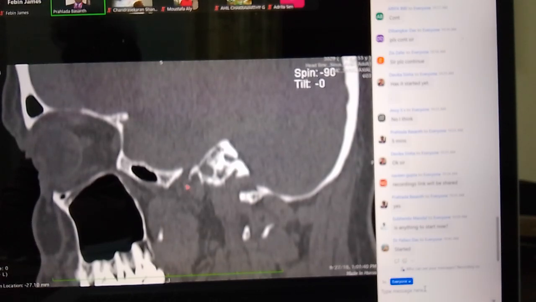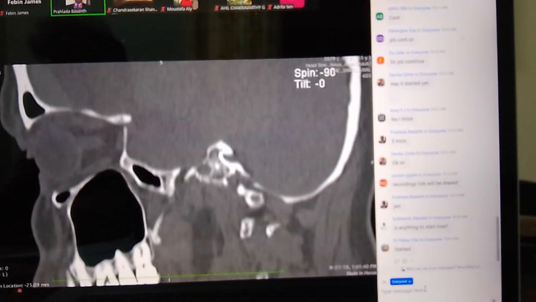Okay, the film's concerned, and this is the foramen ovale. It's a bigger foramen through which the mandibular division of the trigeminal nerve passes. Okay, and this is the pterygomaxillary fissure. Going further medially, so what we have here, okay, this is the frontal sinus, frontal bone, roof of